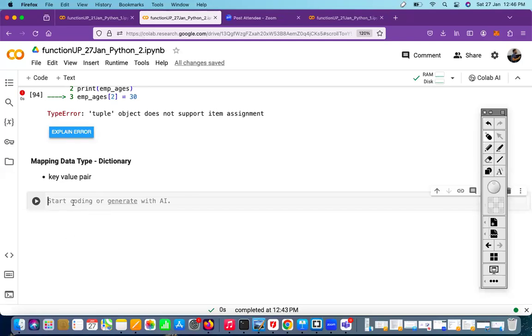What is key value pair? Let's see what is mapping data type. I will explain mapping right now. See, what will happen in it, like for